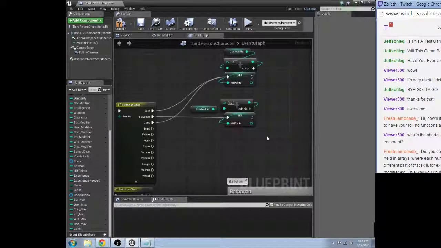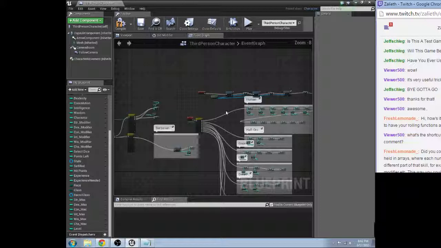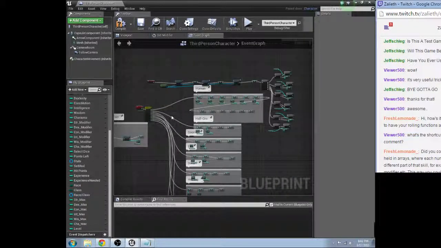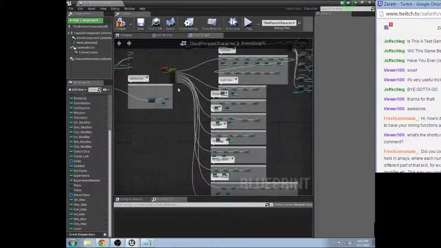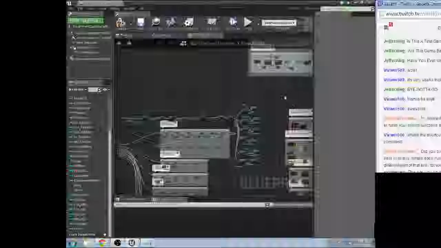Making your skills or stats held into arrays, where each number in the array represents a different part of the skill. For example, the level, current XP. Yes, I did consider that. Most of what I'm doing right now was I'm actually doing a lot of UMG testing as opposed to specific blueprint testing. However, you are correct that a lot of this can be done in arrays. I personally